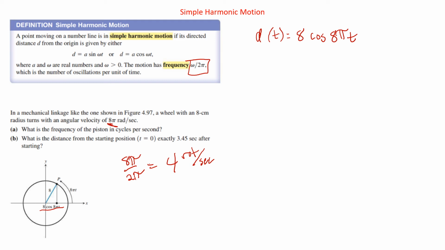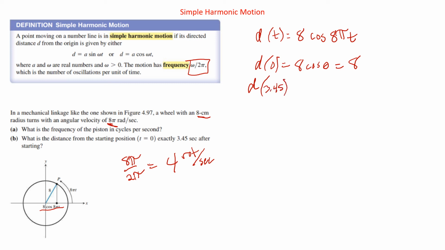So the amplitude is 8 because it's an 8 centimeter radius, and the 8 pi t is because of the angular velocity. So we can find d of 0, which when you plug in 0 for t, you get 8 times cosine of 0. Cosine of 0 is 1, so that's just 8. And you can plug in